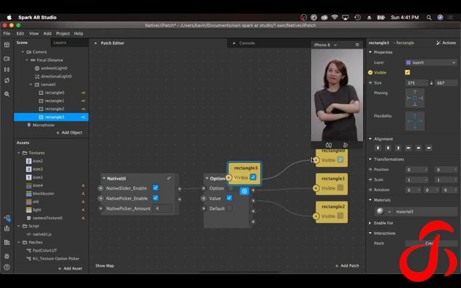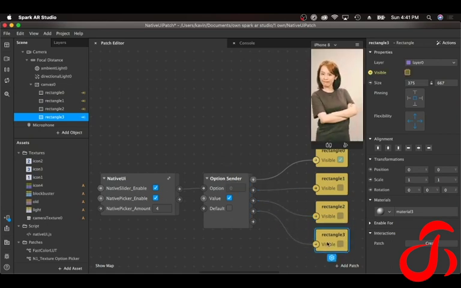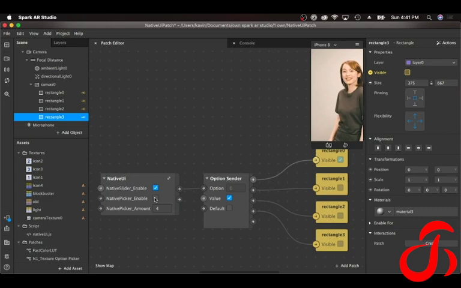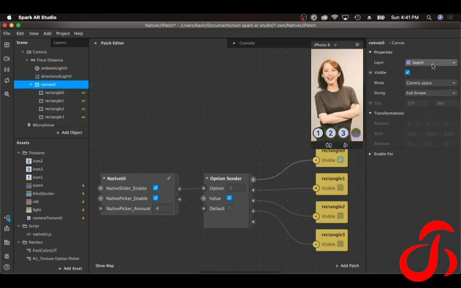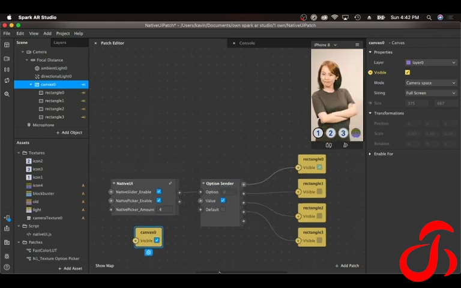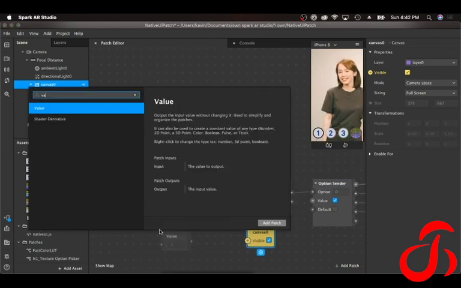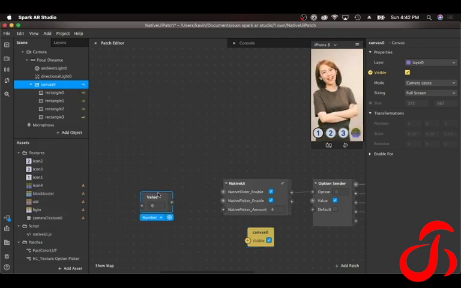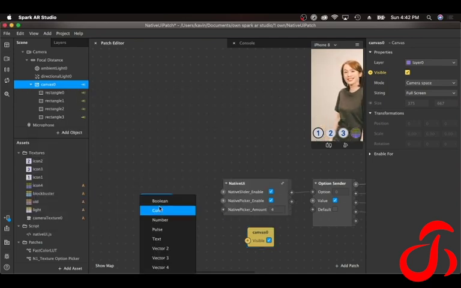Now as you can see, I just connected all the elements. So automatically it goes to the zero value. Basically you can just click it over here. So what you can do is connect this, the parent of everything over here, and I'm going to make a value patch and making it boolean.